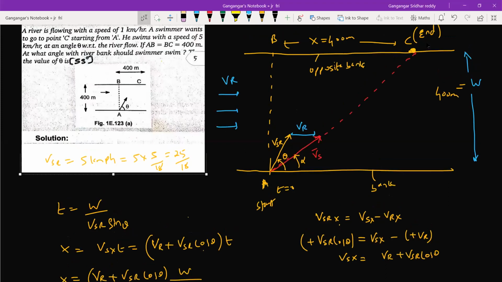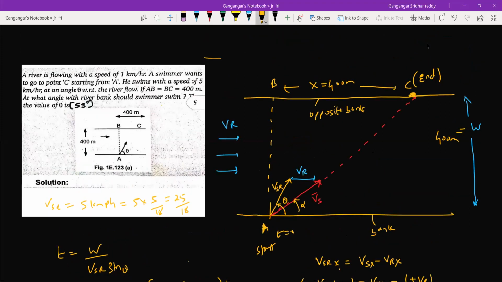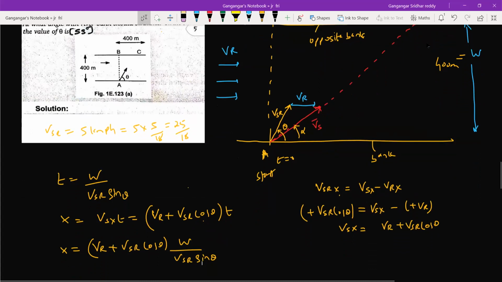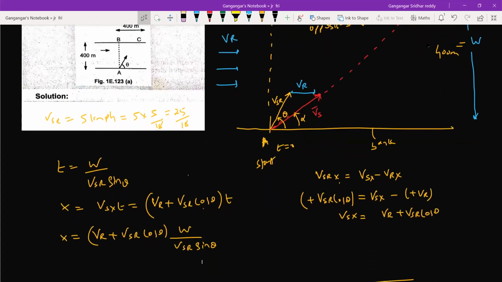So we'll substitute, river is 1 kilometer per hour, no? It will become 5 by 18. We don't need to convert it into kilometer per hour, sir. We don't need to convert anything, because here X and W will be in meters, and they will cancel out. Right. VR will be